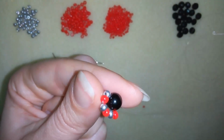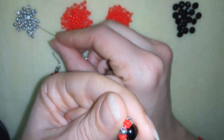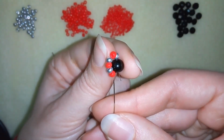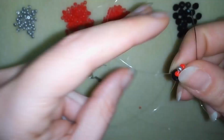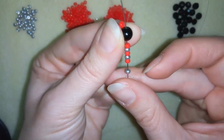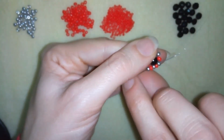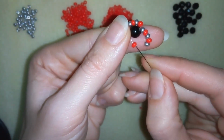Now I'm going to repeat this from the other side. So I will take silver, red, silver, red, and then again silver and red. And this row I started with silver because here I'm ending it with a red bead. So I'm still holding my tail thread here, and what I want to do is go back in circle through the other side of my bead here. Still hold your tail thread and go here, right here,